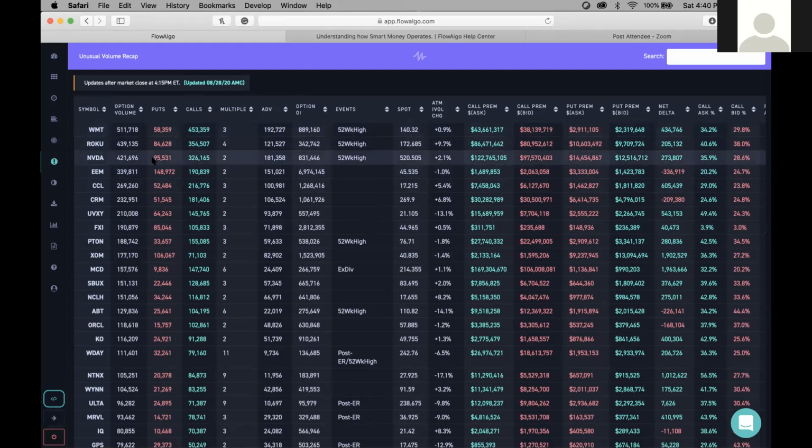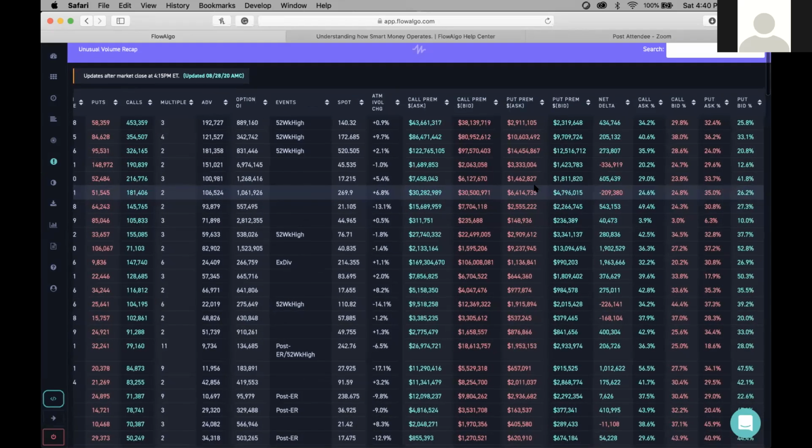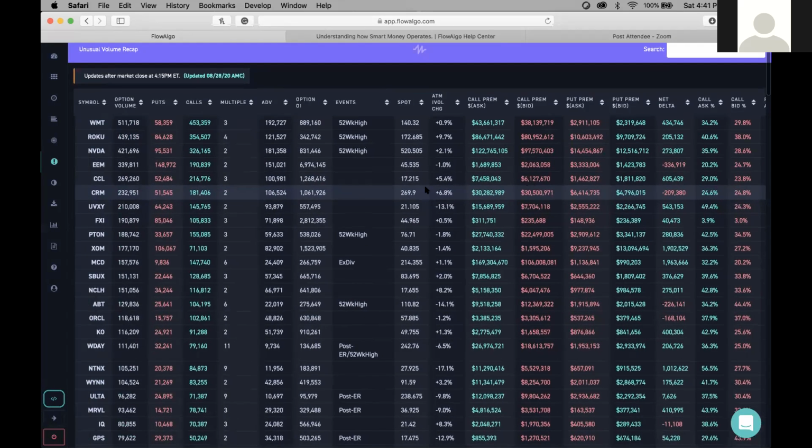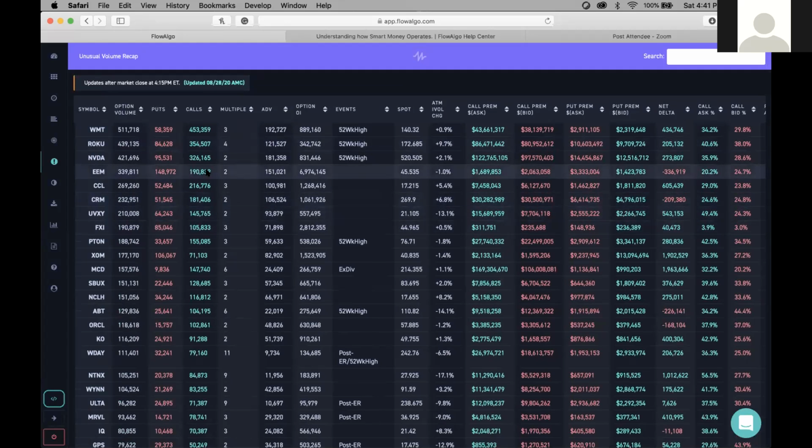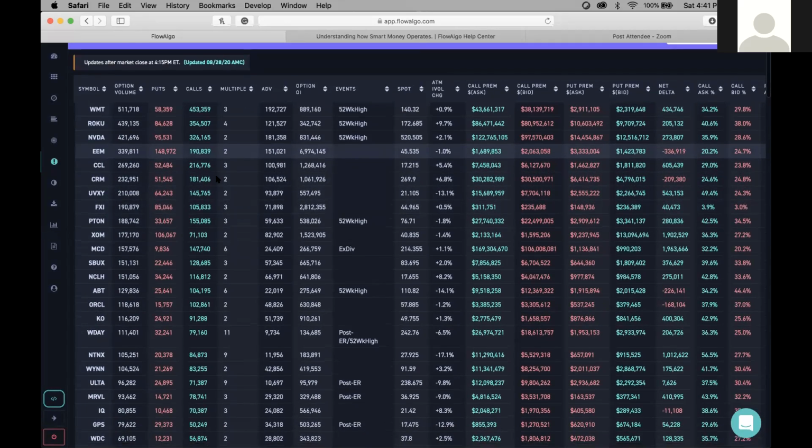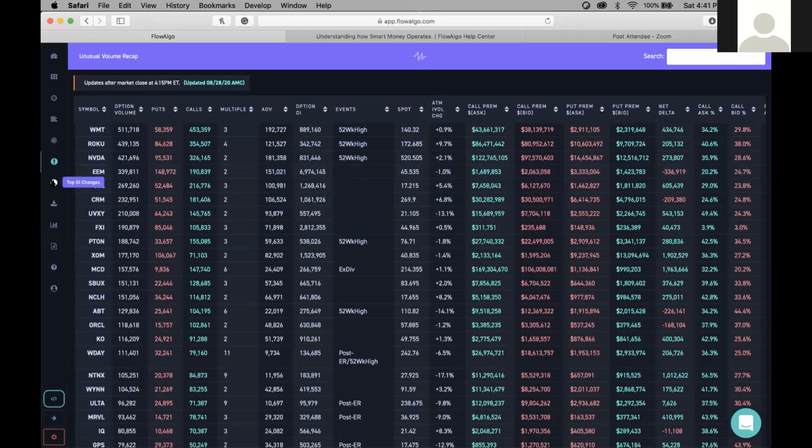Same thing with NVIDIA. You see that in Roku, it's 2-week highs for all these here. There's tons of data that you can sift through to make these decisions. And this is all stuff that you would not be able to see without this. The platform's $150 a month, but if you can use it to your advantage, it can definitely pay for itself. You could just look for one trade a month that could pay for it, and it could be worth it.